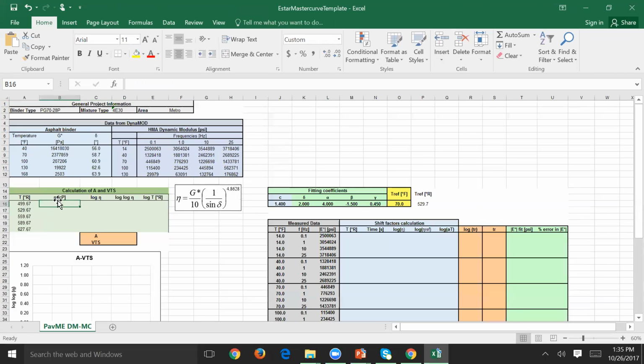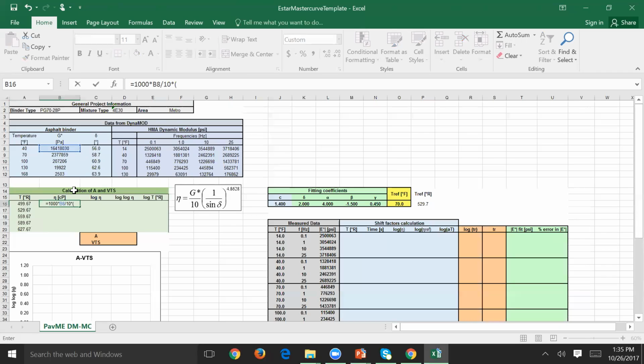Okay, so here's equals. All right, G star is in pascals. First, I'm going to multiply everything by 1,000, just for unit conversion, so you don't ask me why. Unit conversion, multiply by 1,000. So then we will do this because units are different. I want it in centipoise. G star is here, divided by 10, multiplied by